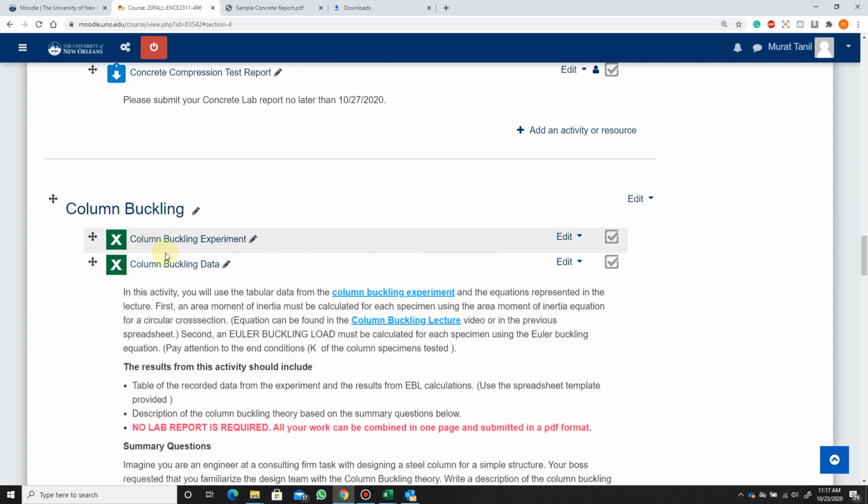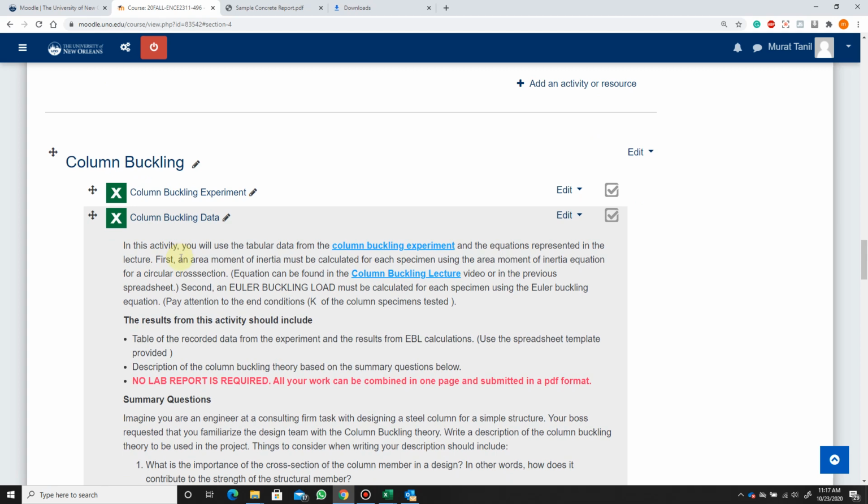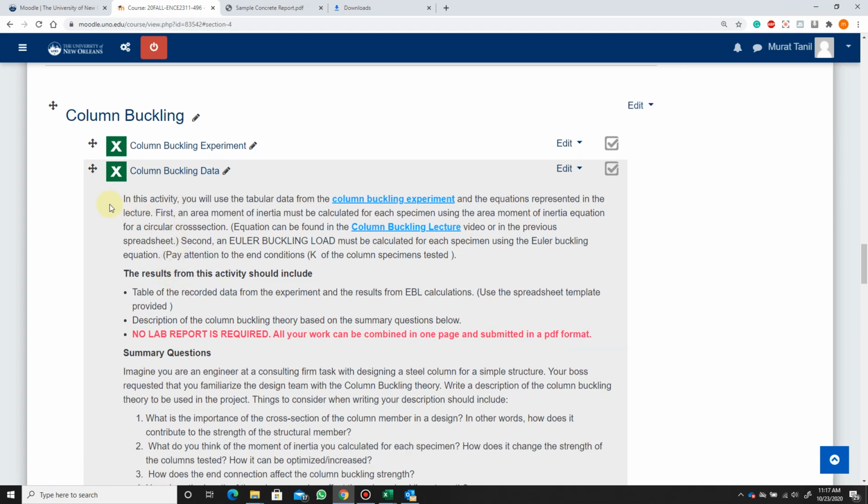Before I finish this video, I want to touch on the column buckling experiment. Pretty much, I explained the